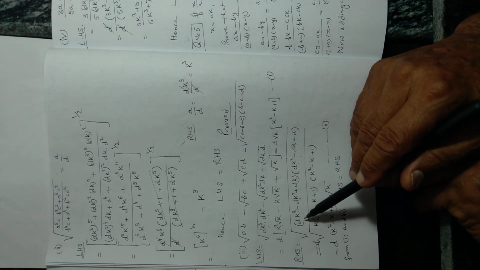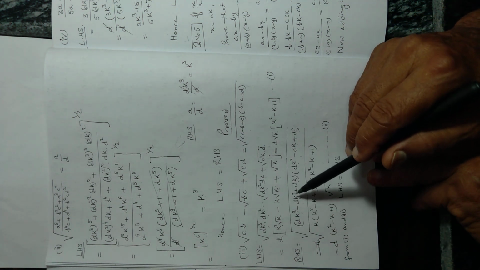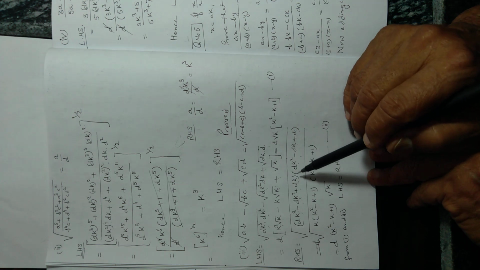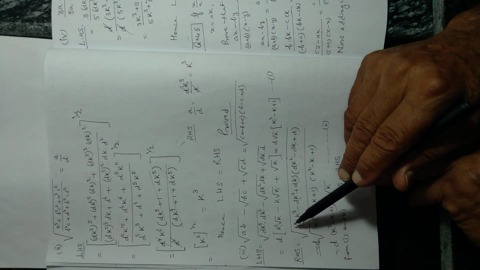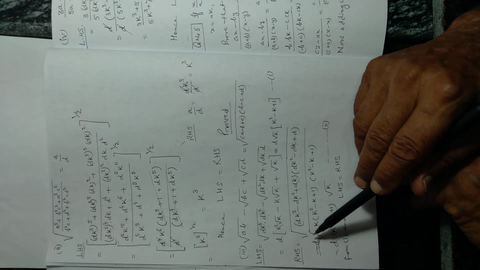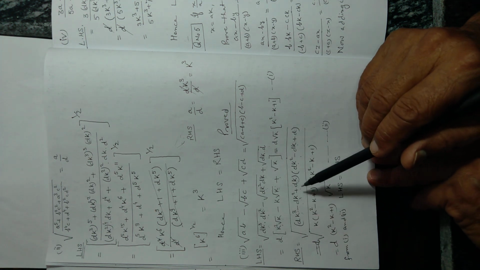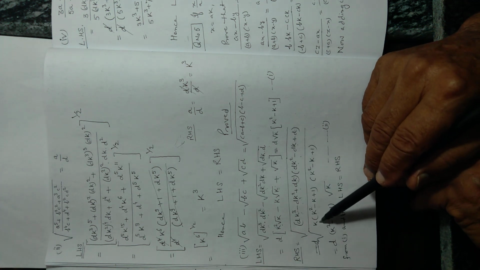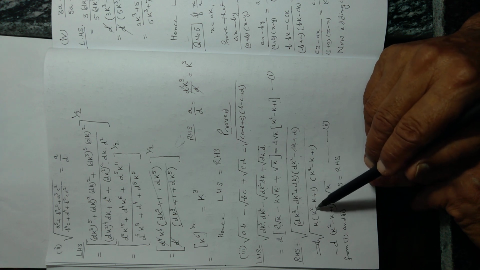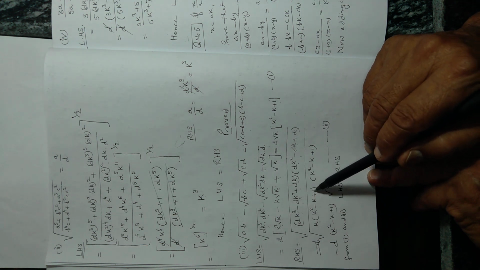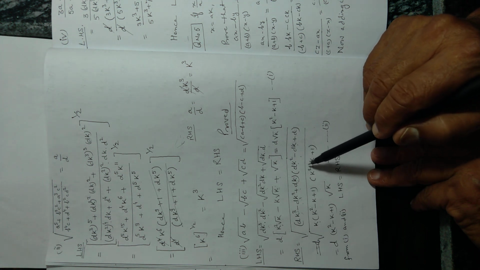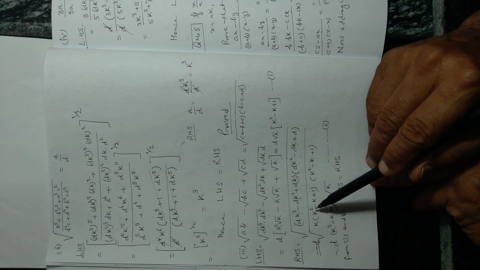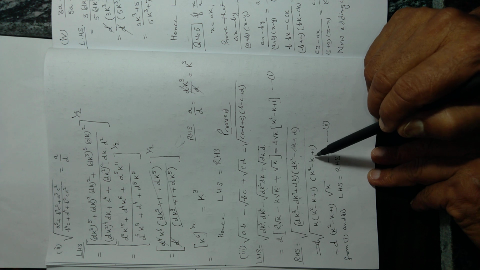So now take out d common. You see, d, you can take out d common and d. So we can take 2d, d raised to power 2 is coming, but there is a square root, so outside of the bracket only d will be there. Inside the bracket, if you see, the k is common, k cube, k square, k. So you can take k outside of the bracket, and inside the bracket you are having k square minus k plus 1. In the second bracket, we are having k square minus k plus 1. So this bracket, k square minus k plus 1, is twice.